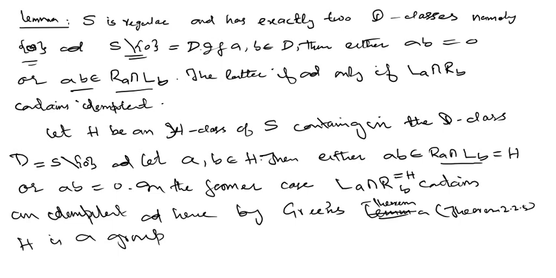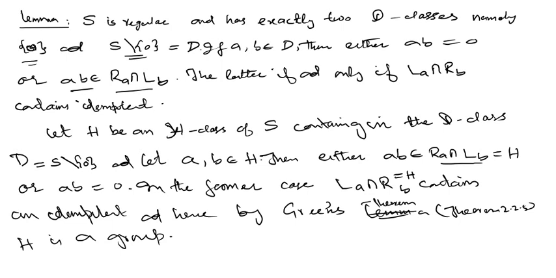So this is the first case, and in the second case we will see that the H class is always equal to 0, okay, that we'll see. So in this way we are actually proving that every H class in a D class is either a 0 H class or it's a group. That we are going to prove actually, okay. So this H is a group in this case,